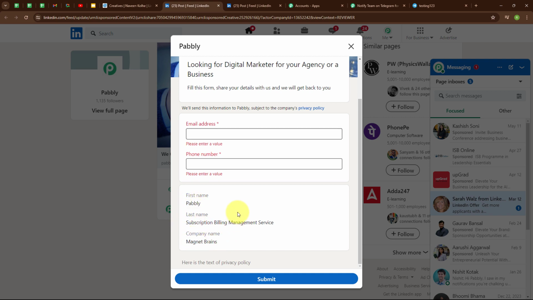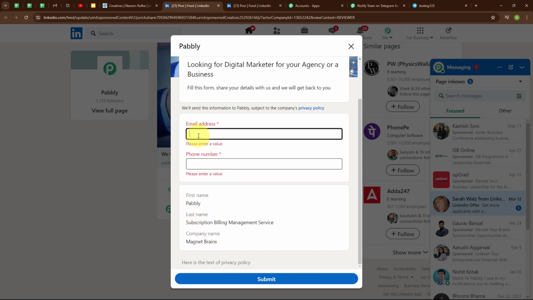That means I haven't received an option to enter the first name, last name and company name. So these details are rigid because here my campaign is in draft mode. If you are running a live campaign, then your lead will receive an option to enter the first name, last name and company name. So here I'm going to enter a dummy detail here.